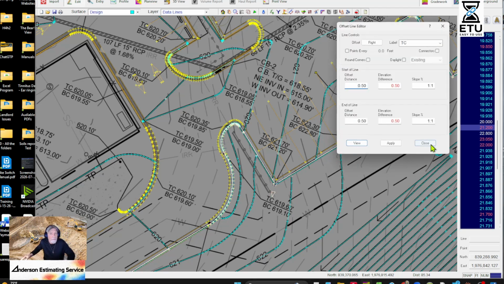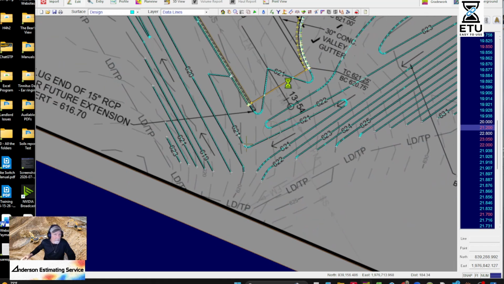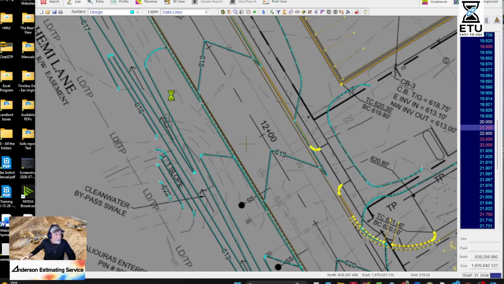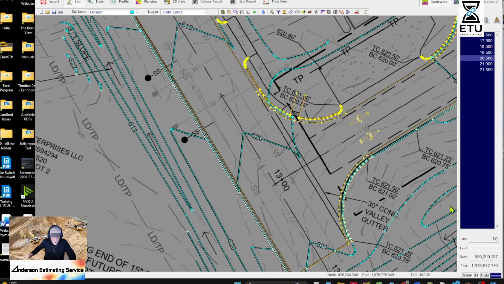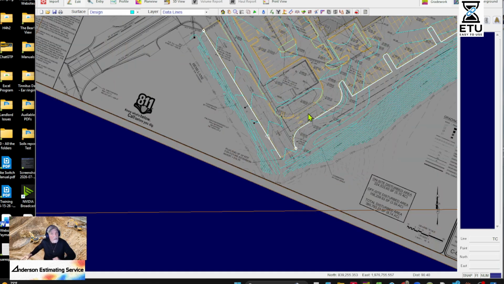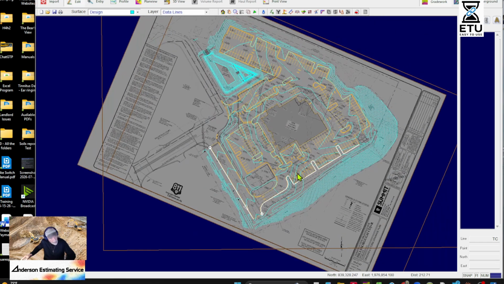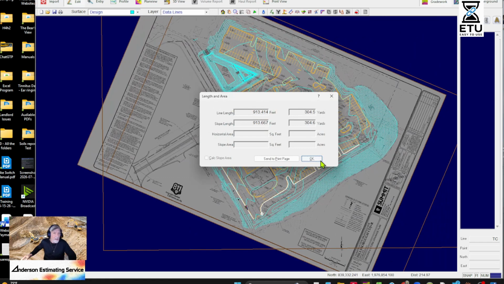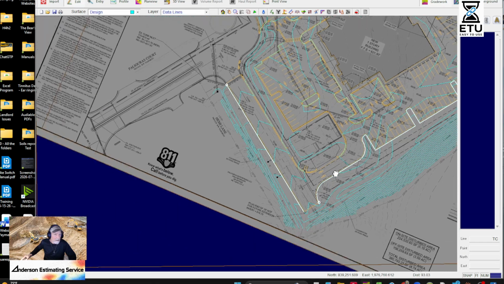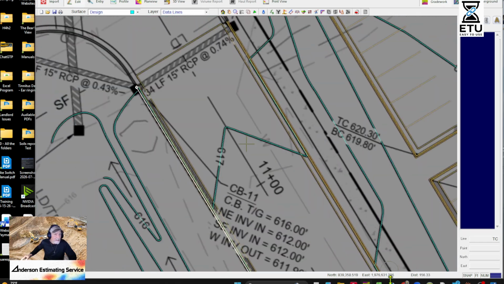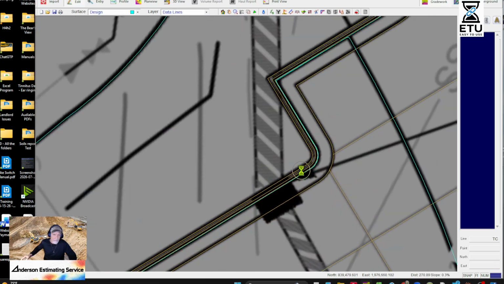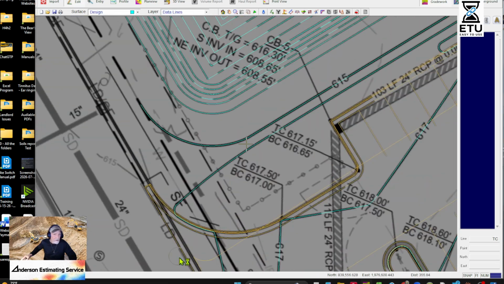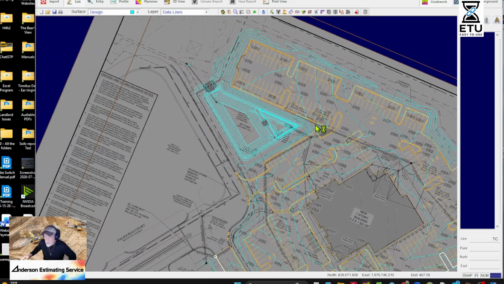And we apply. Why do I name everything top of curb? I'll show you why. Didn't we do one over here? Yeah. Because I click on one, this top of curb, Control L, and I now have selected them all. I'm pushing the F2 key. And then I push I, and now there's 913 feet of curb. That's how I do my curb takeoffs. It's easy. All this needs to be cleaned up, every one of these, because you will have bad spots. So that's this takeoff this week, and I hope you enjoyed it.